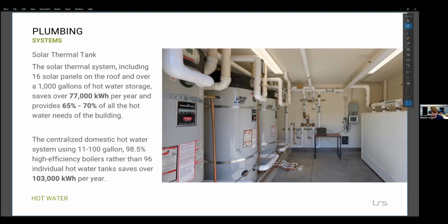So the three 100-gallon gas water heaters are on the left again, and then the solar thermal tank is on the right. Water coming into the system comes in at about 55 degrees. So just a little explanation of this: solar preheats the water. Water is circulated from the solar tank to the water heaters, then throughout the building and back to the water heaters. We have seen the temperature of the hot water coming back after circulating through the building at near the same temperature